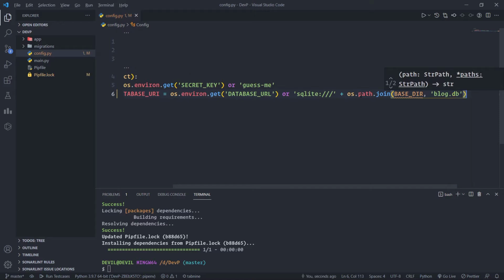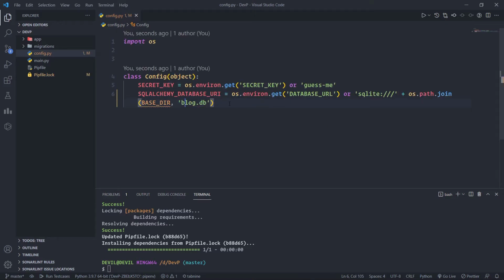Cool. So we can do this, and then we can add another line.